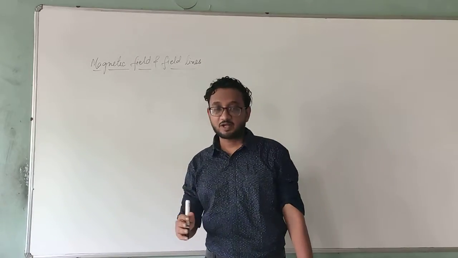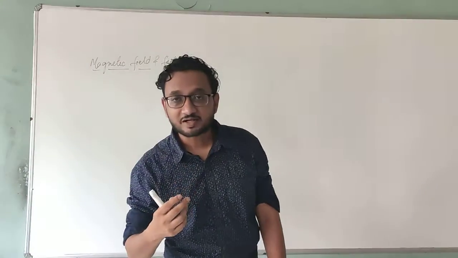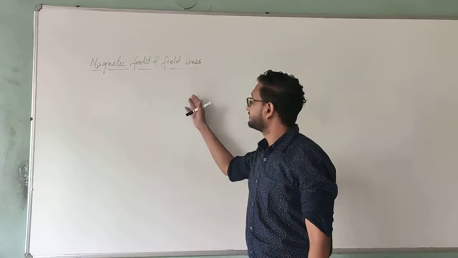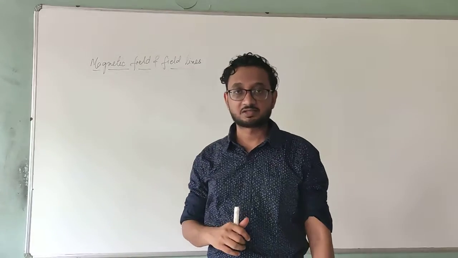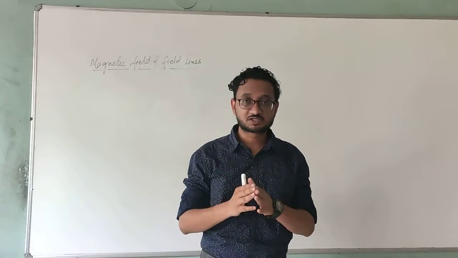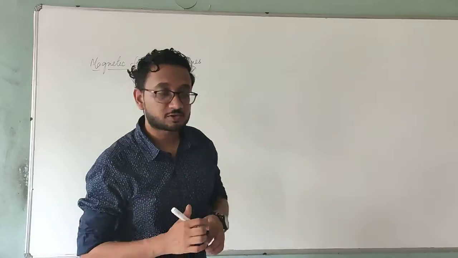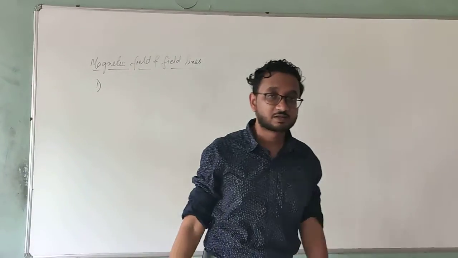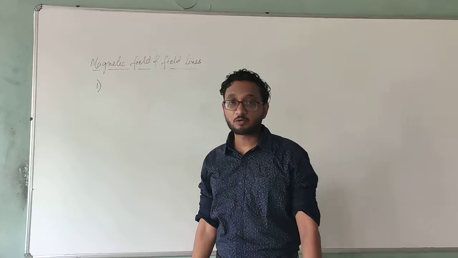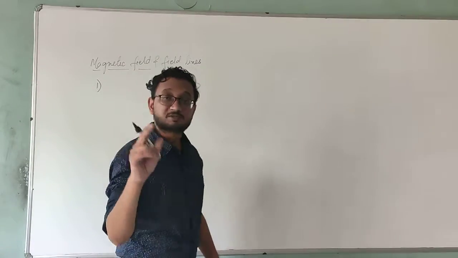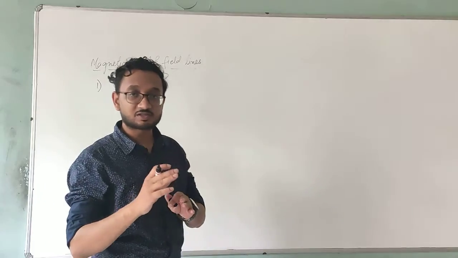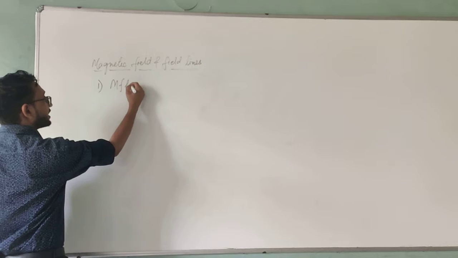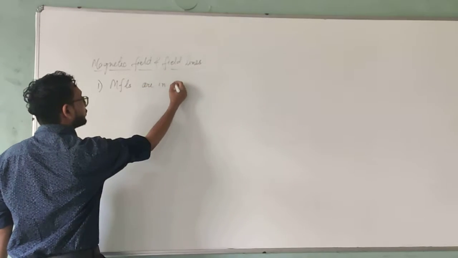But now we move forward. In the previous video we studied about magnetic field and field lines. Now the important part is that these magnetic field lines have certain properties. That means there is something that they will always do, and that is what we are going to study today. So the first one is, magnetic field lines are always in the form of loops. They are not open figures, they are in closed loops.